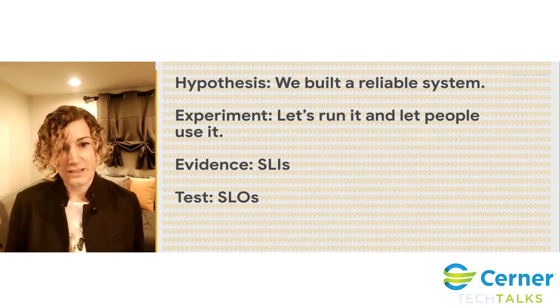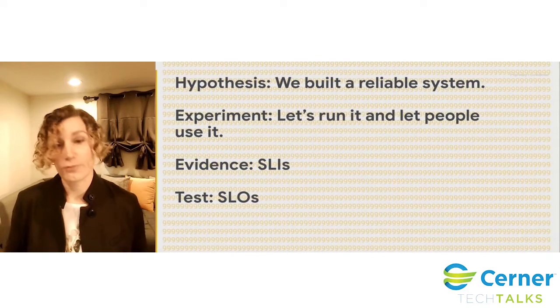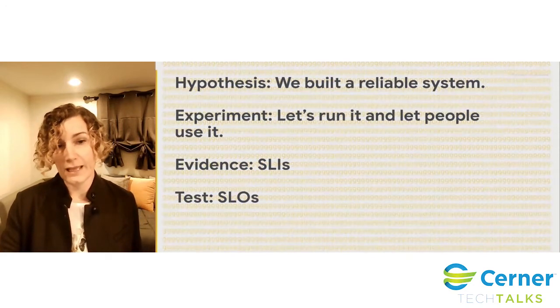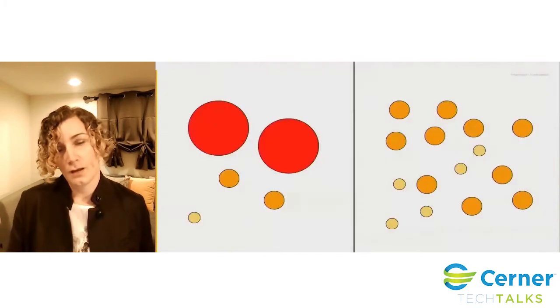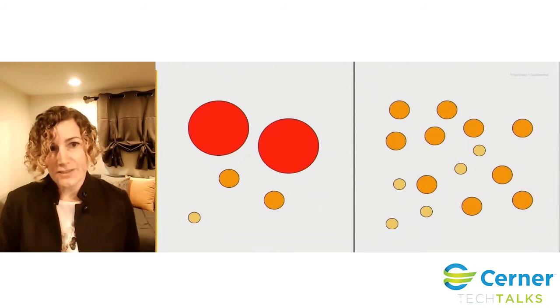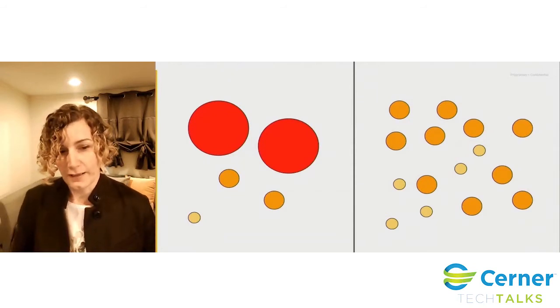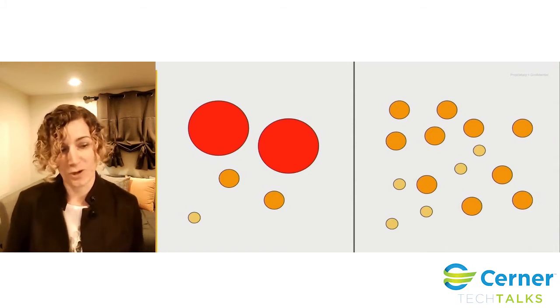And a lot of times those expectations are represented in the number of nines, right? We want 99.9% or 4 nines or 5 nines. And if it passes, then we say, yay, our hypothesis was correct. However, there's a little bit of a challenge with that type of approach. And it's kind of a challenge with SLOs in general, in that SLOs are very much a craft. Getting them right, it takes a lot of work.